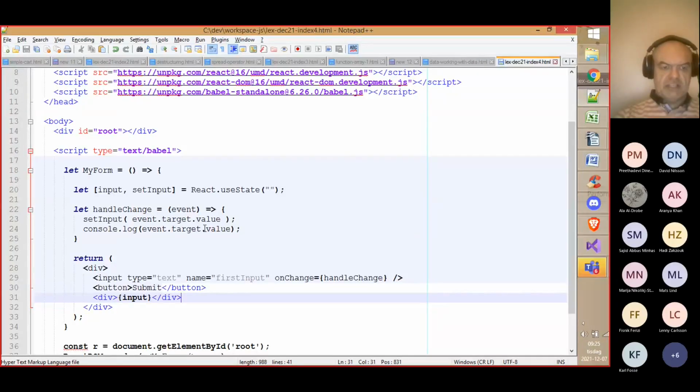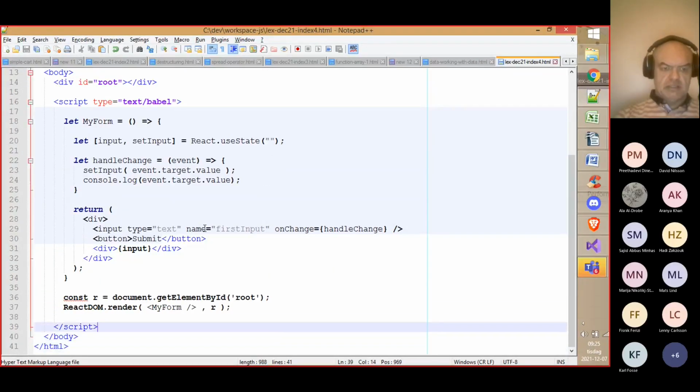Then we start by changing the return statement of the component. I will leave this input field as it is, but I will change the name attribute and I will call it